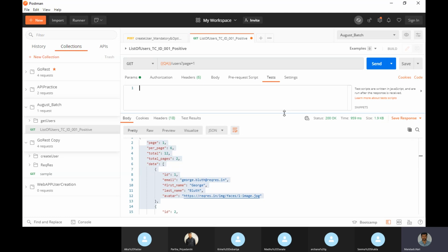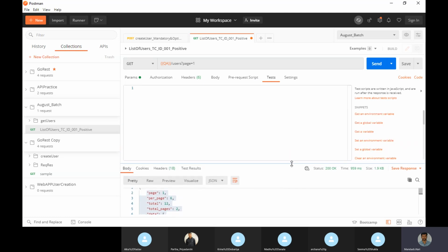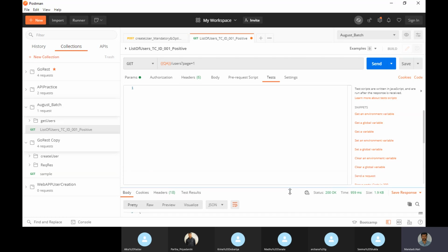Then what is the meaning of again going to automation and writing assertions or writing an automation script? There are some advantages, some differences, some limitations in Postman that I will tell you now. Okay, now if you see here, if I go to Tests, on the right side there are snippets. Under snippets I have some sample code to validate everything: get a variable, set an environment variable, set a global variable, clear environment. For everything I have something.